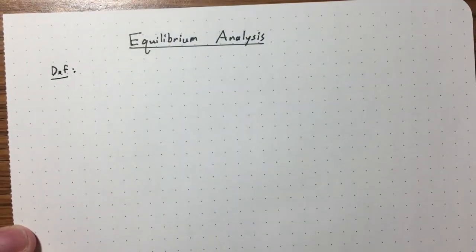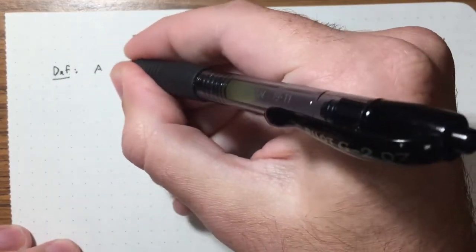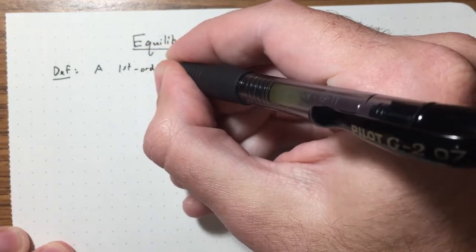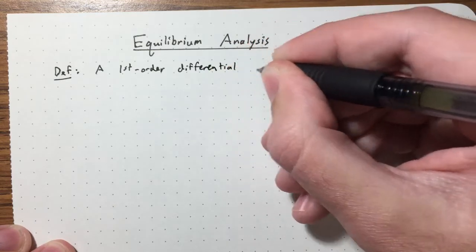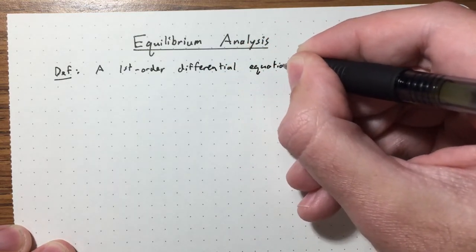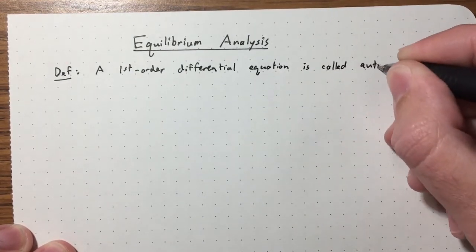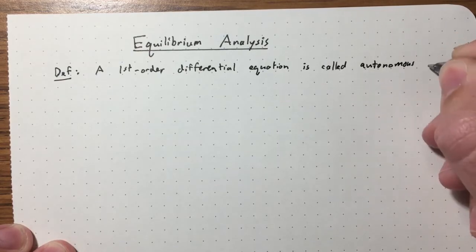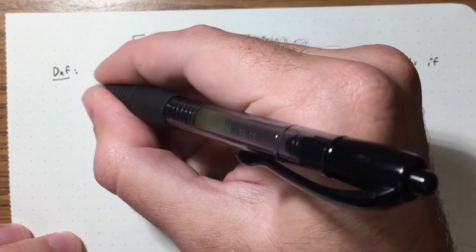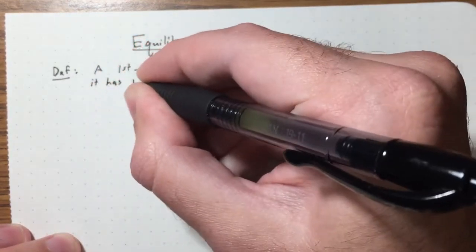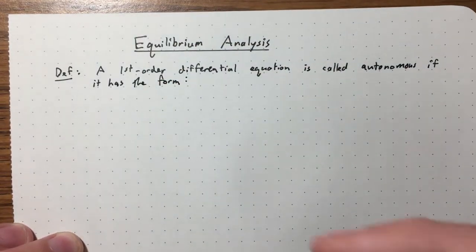So basically for this lecture and next lecture, we're only going to be talking about autonomous differential equations. And so a first order differential equation, we're going to call it autonomous if it has a form. So I need to be able to write it in the following way. I want to be able to write it as